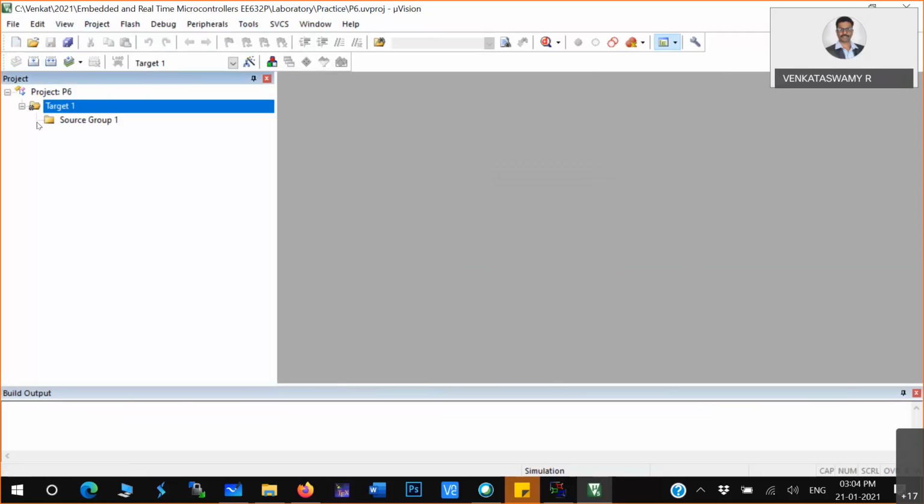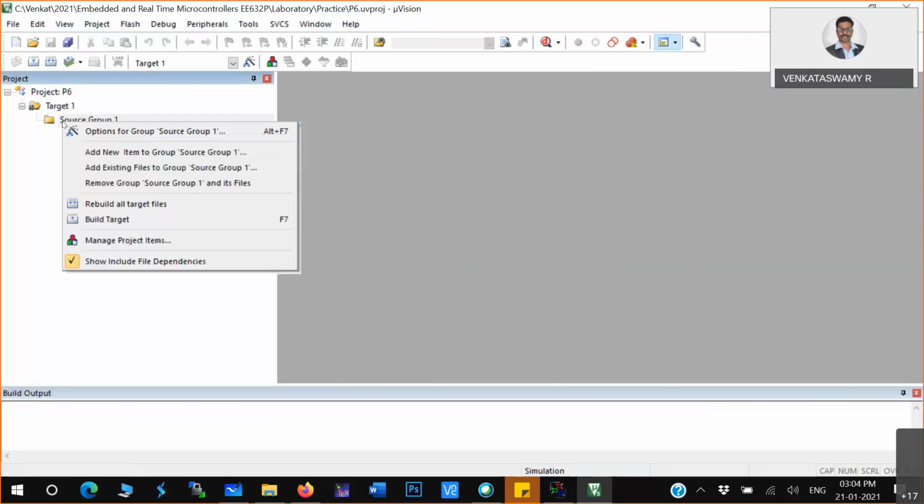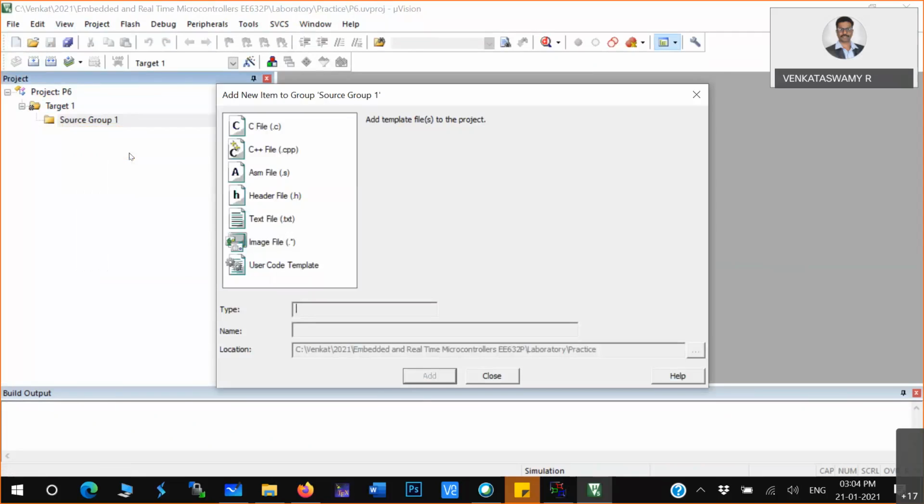So now it came here. Now you can add a simple assembly program. To add an assembly program, you can click on the source file. What kind of file do you want? Assembly file, ASM file. So assembly file is basically an ASM file, not A15.